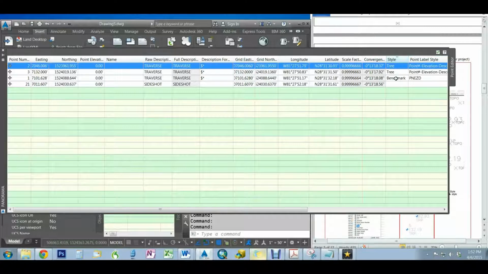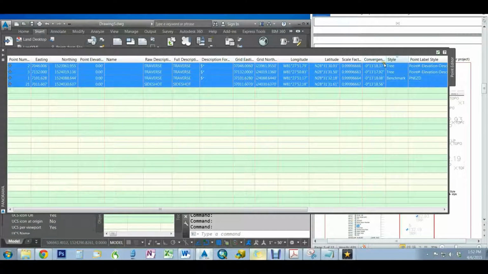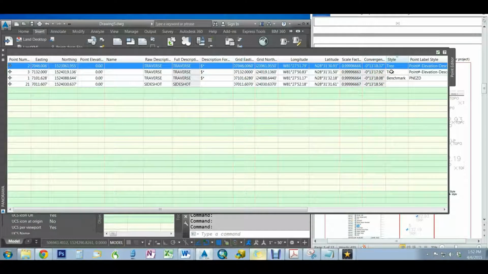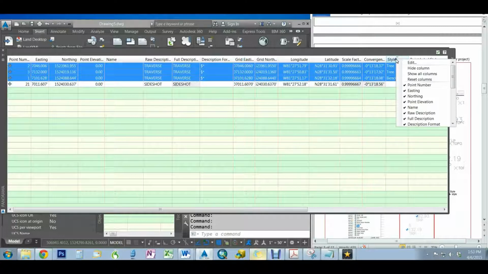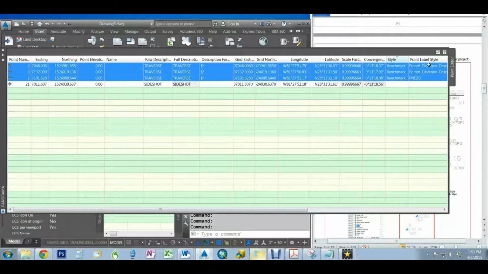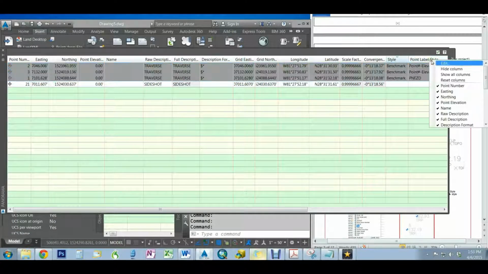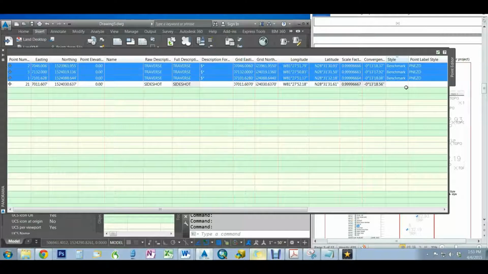If I highlight just the ones that you want, so I click on the first one and I hit shift and click on that third one, you can come up here into the white area where it says style. See how it highlights blue? Right click on that and click on edit. You can actually change all those styles at once. You can also do the same thing for the point label style. Edit, and I'm going to change that to the PNEZD. Go okay. I can change the side shot,